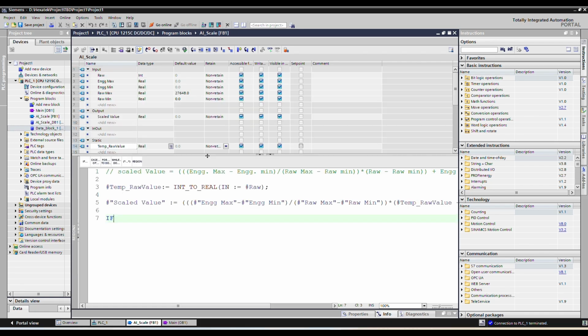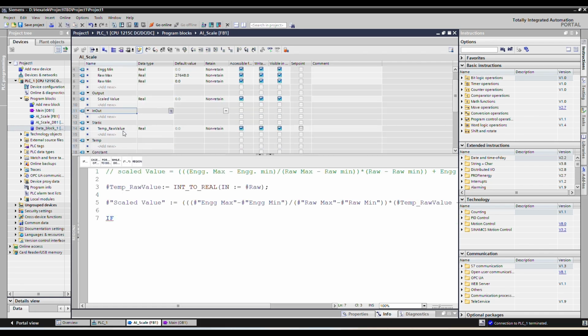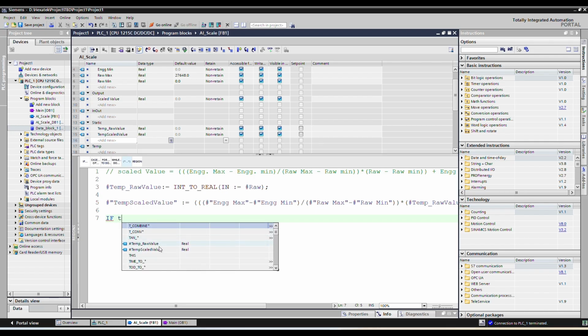So here what we will do, temp scale value, so if this temp